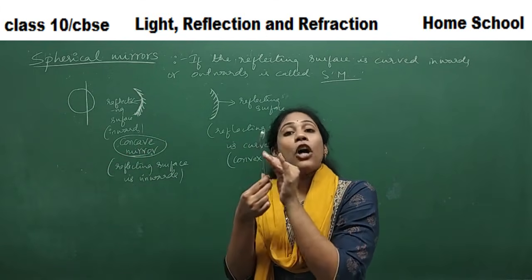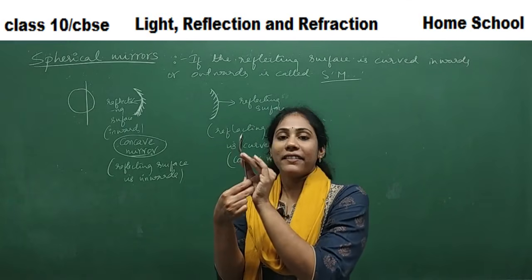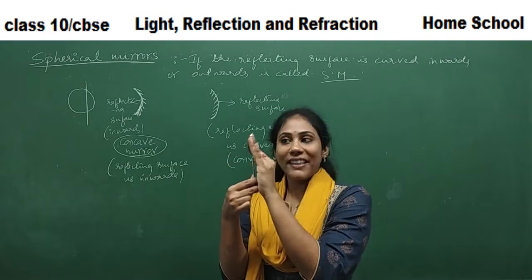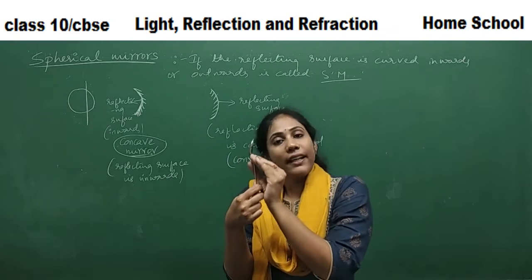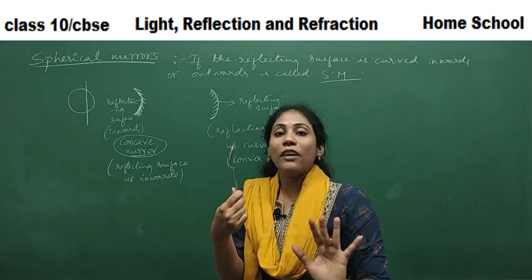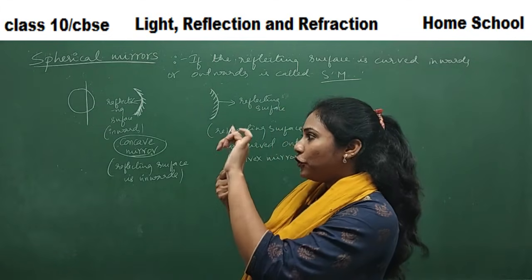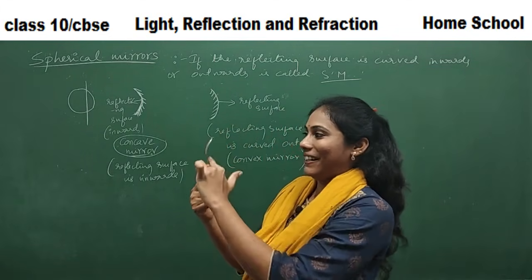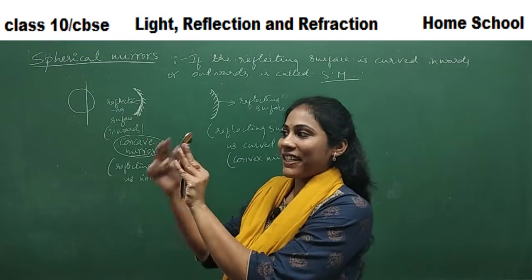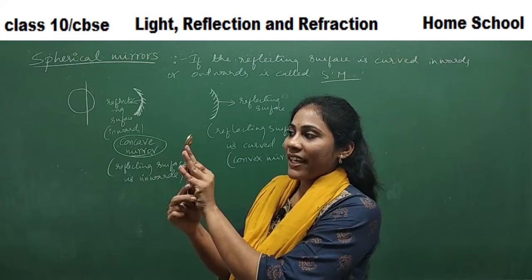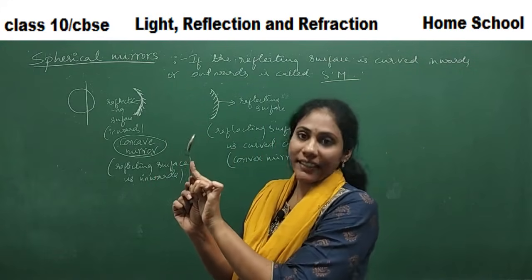Okay, in a concave mirror, the reflecting surface is curved inside. It looks like a cave. The reflecting surface has a cave shape, facing inwards. So this is about convex and concave. Now, if I look at this particular thing, if this surface is polished, then the reflecting surface is facing inwards. Then this is called a concave mirror.